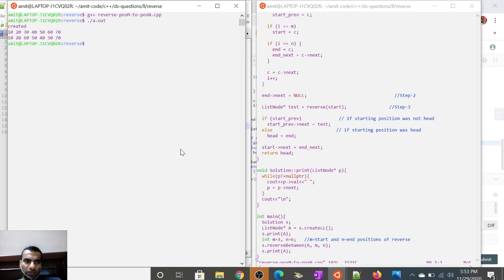Okay, it goes and it first created 10 20 30 40 50 60, and then it just prints 10 20 60 50 40 30 and 70. Okay, so 30 comes here, 40 comes here, 50 comes here, 60 comes here, so this is